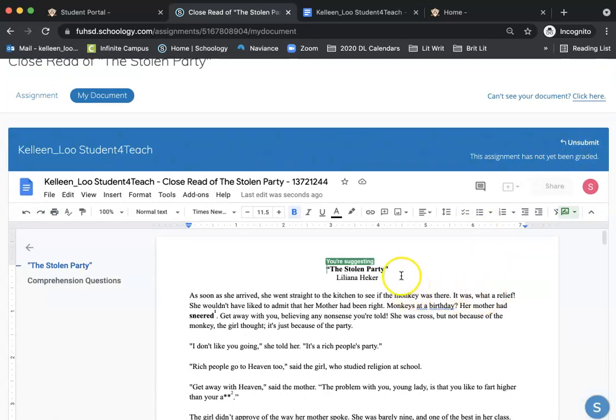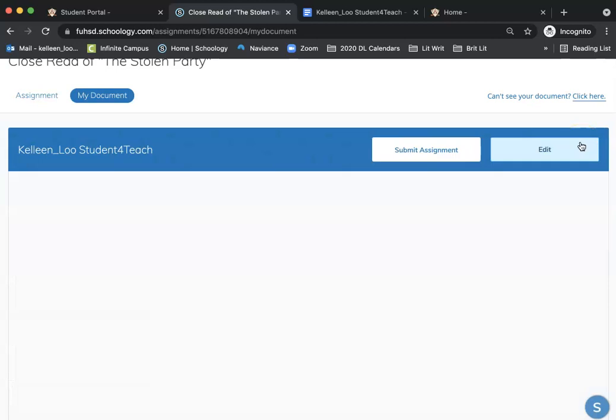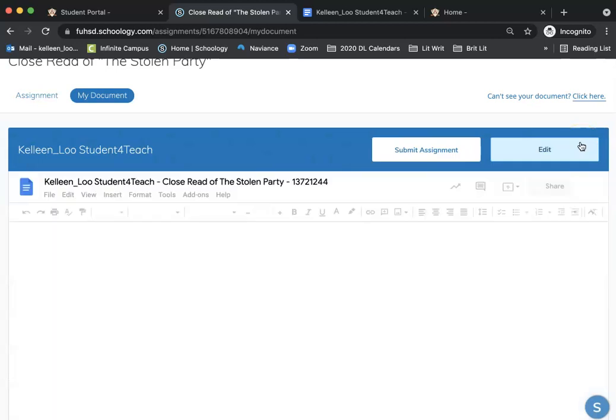You'll notice that you are only allowed to suggest things. You're not allowed to edit directly anymore because you are no longer the owner. And so be very careful about submitting. Once you submit, you lose ownership of the document and cannot edit it any longer. If you are within the deadline and your teacher has not yet graded the assignment, you are able to unsubmit the assignment on your own, and then it'll go back to editing access.